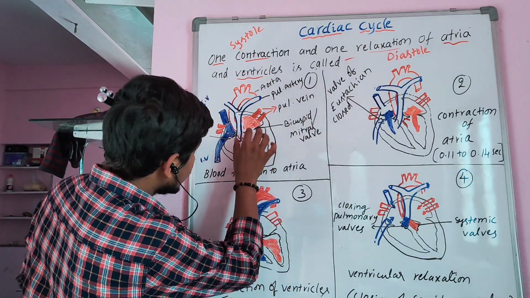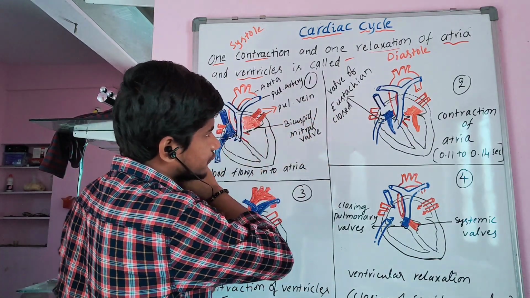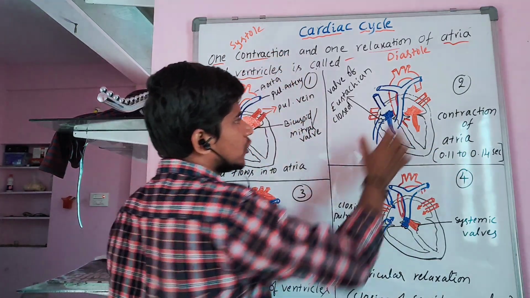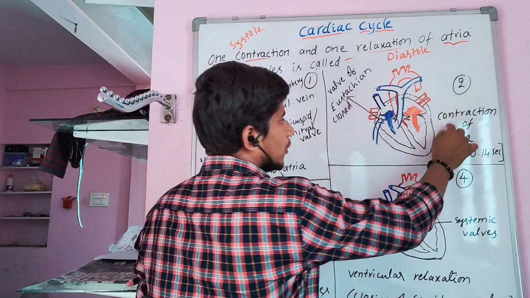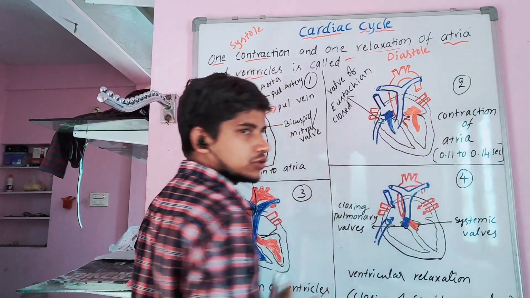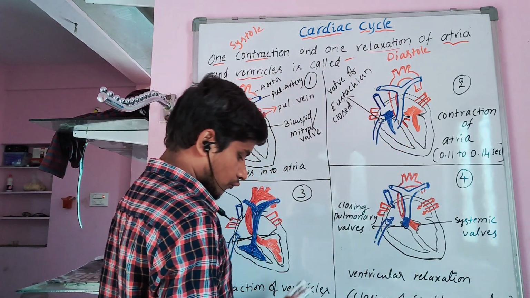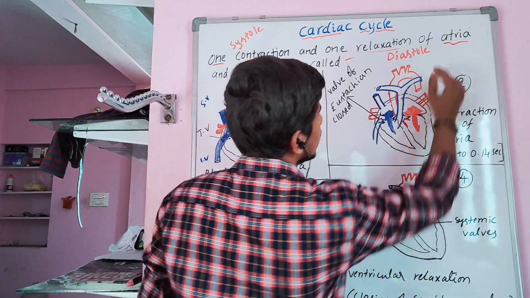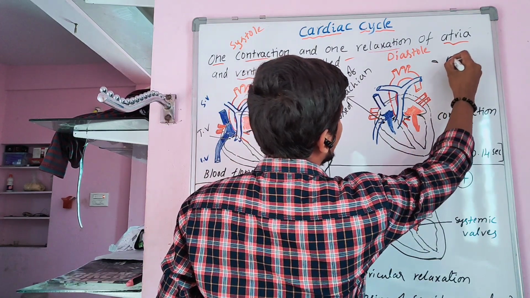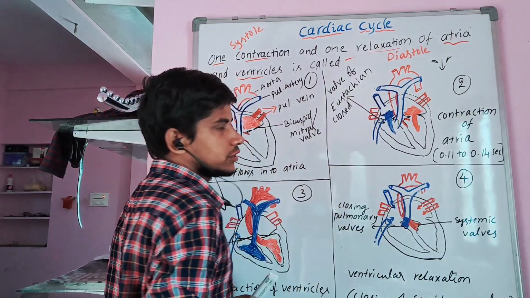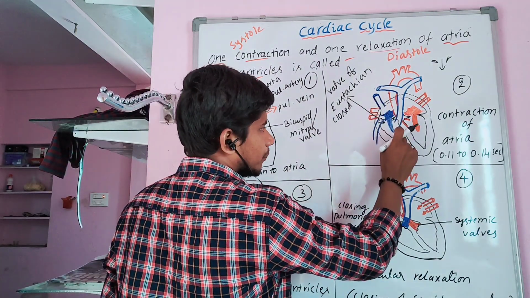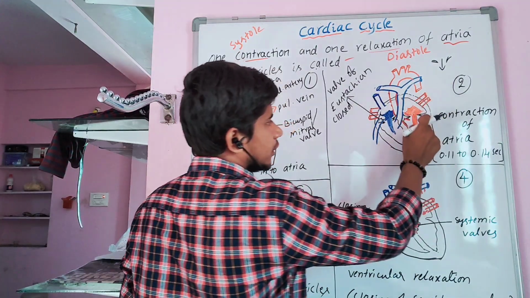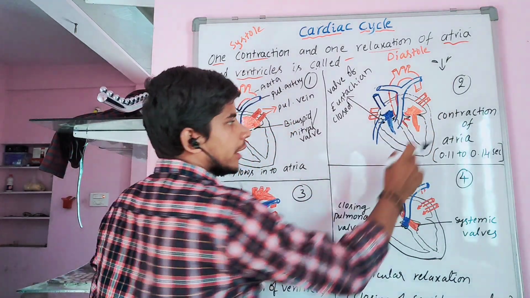After the auricles have filled, the auricles will contract. That's auricular systole, we can call it. When the auricles contract, the blood from the auricles will be pumped into the ventricles through the valves. What are the valves here? The tricuspid valve and the bicuspid valve. See, these are the valves. They will open and let the blood into the ventricles. So from the right auricle, the blood is pumped into the right ventricle, and from the left auricle, the oxygenated blood is pumped into the left ventricle.